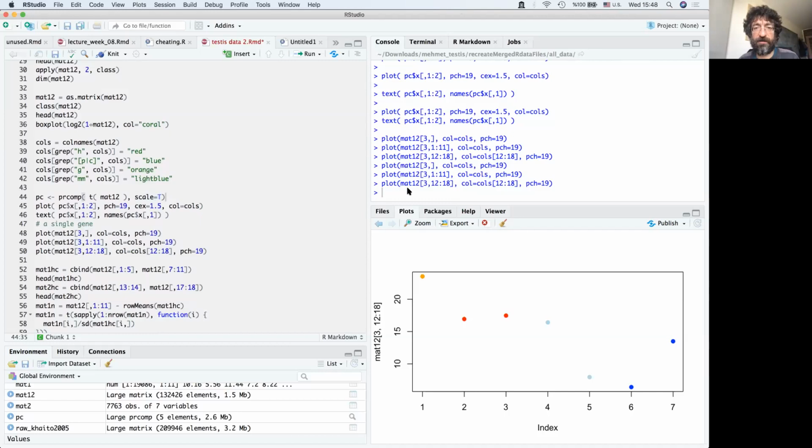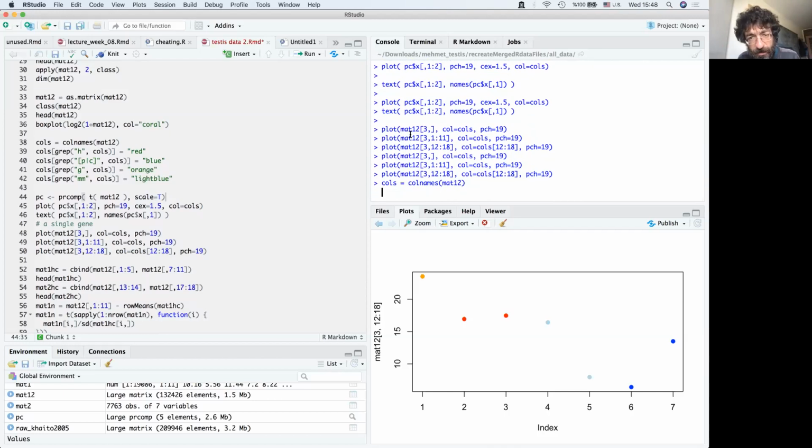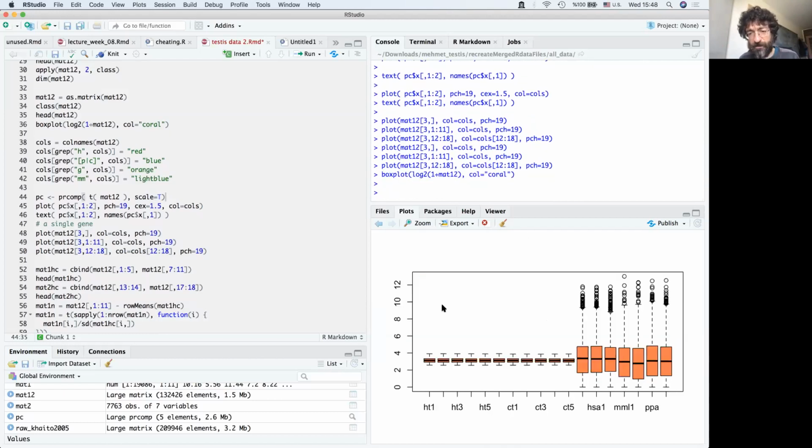So expression values usually have a much larger range, and this is what you see if you already have data points like this. Where's my box plot? Yeah. So if you see a range like this, this is log transformed data, for both microarrays and RNA-seq.